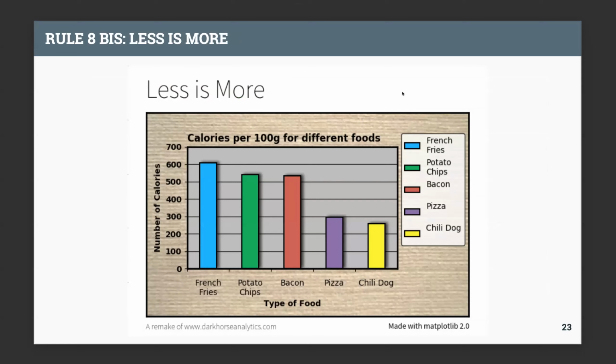Another thing is that it's not always a good idea to put too much stuff on your figure. So here, this is one example. A long time ago, let's say 10 years, using Excel, you could end up with those kinds of graphics. And again, there is way too much information. So maybe I can show you